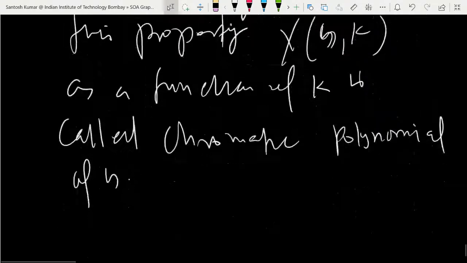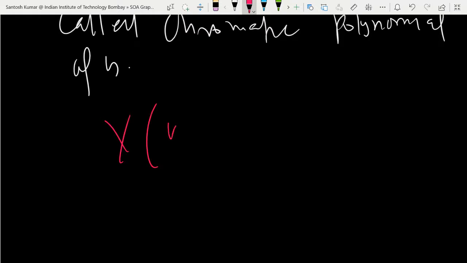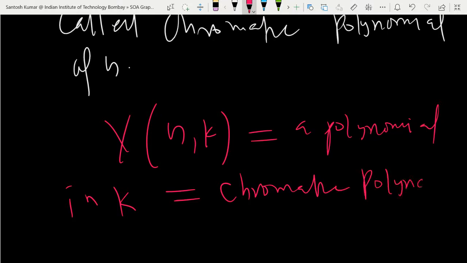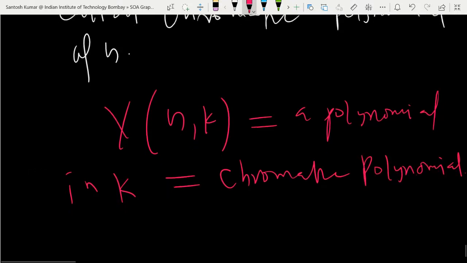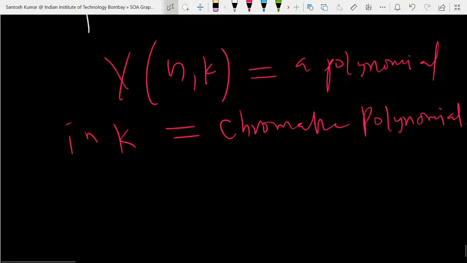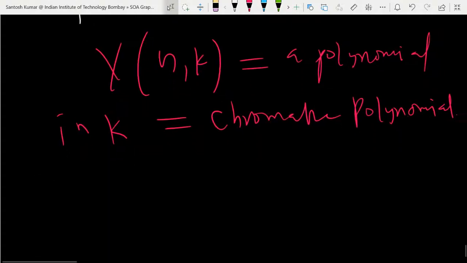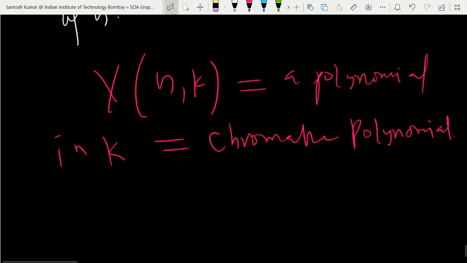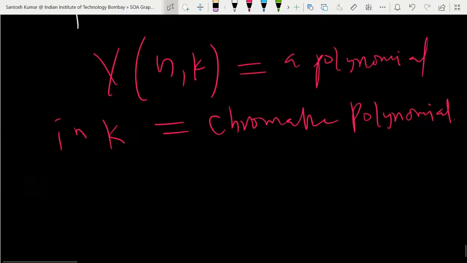So what do we consider here? This will be a polynomial in terms of k. Actually this is a polynomial in k, and we call it the chromatic polynomial. So earlier you had the chromatic number, now you have the chromatic polynomial. So how do we derive an expression for this chromatic polynomial? Actually, if you have noticed, we already derived that